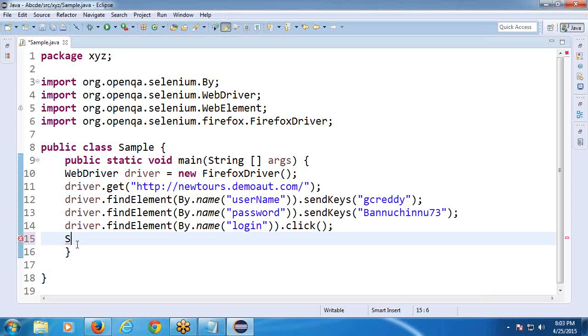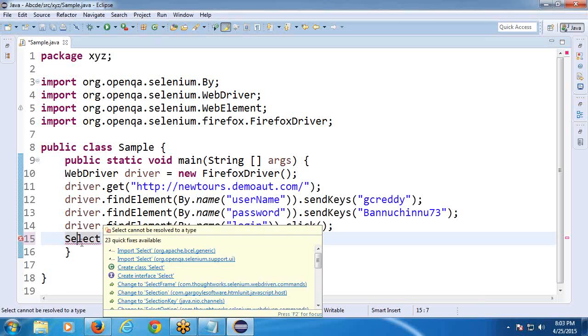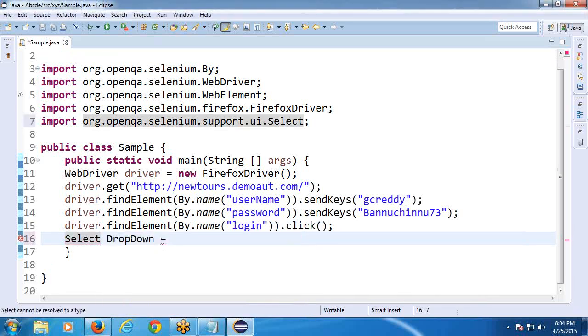Drop down is different. Select, any name, for example dropDown, you can use ABCD also. Equal to, import Select. Select is a built-in class. Here we are creating a new object of